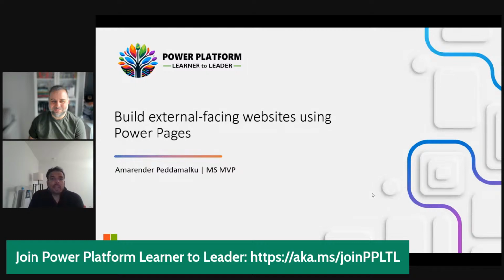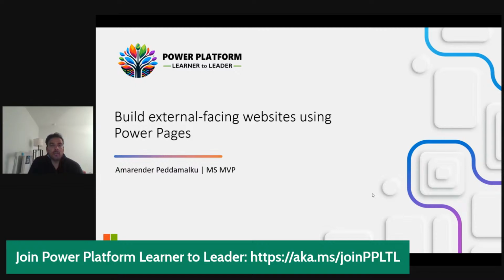So we'll learn about Power Pages in this session and why they're important, what they are, and what makes them unique. We'll dive into capabilities of Power Pages. For years, organizations wanted to build quick websites for either their public-facing sites or vendor portals that they can interact with their vendors to do business with.